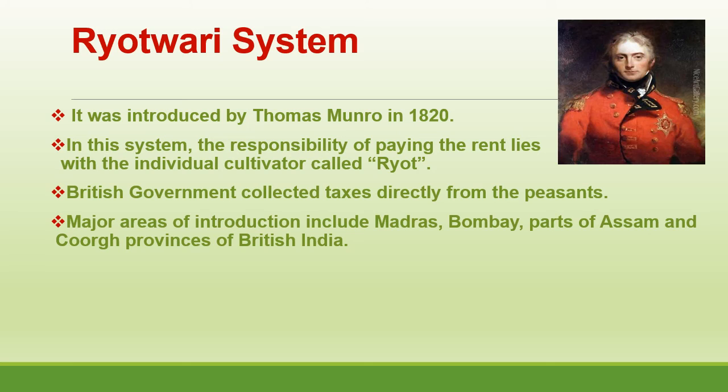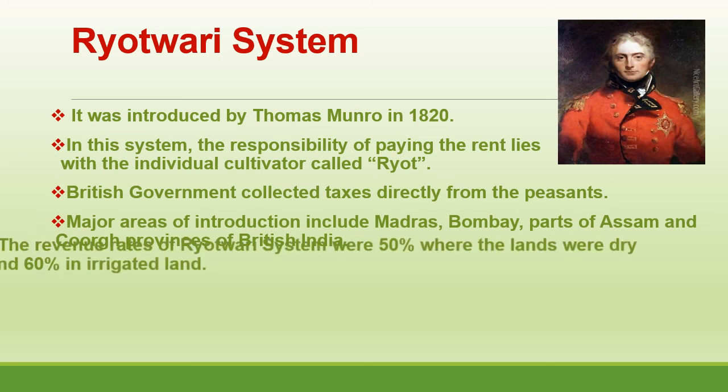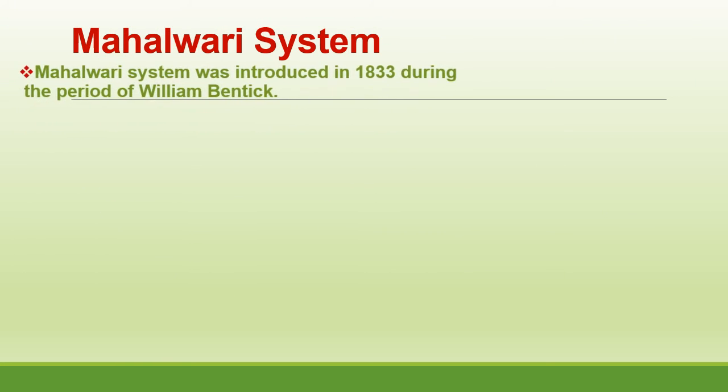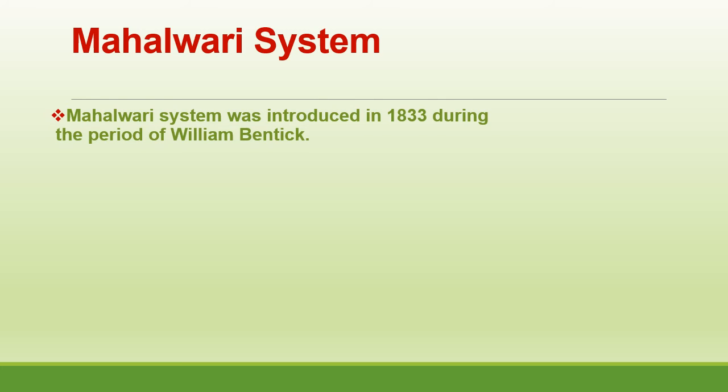Major areas of introduction include Madras, Bombay, parts of Assam, and Coorg provinces of the British India. The revenue rates of Ryotwari systems were 50% where the land was dry, and 60% if the land is irrigated. The last one is Mahalwari system. Mahalwari system was introduced in